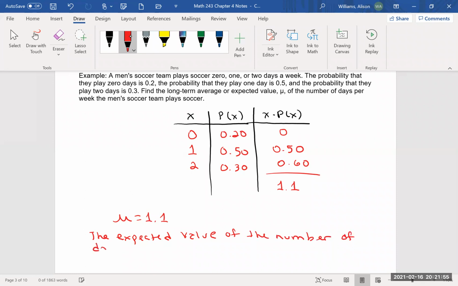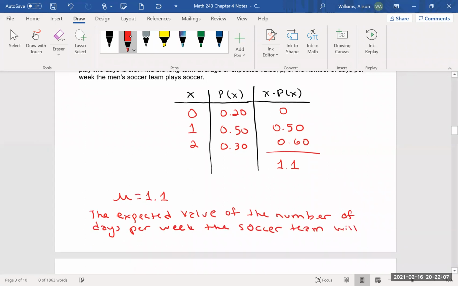Of days per week the soccer team will play is 1.1. Now, we're aware they really aren't going to play 1.1 days, but that's like they used to have an old